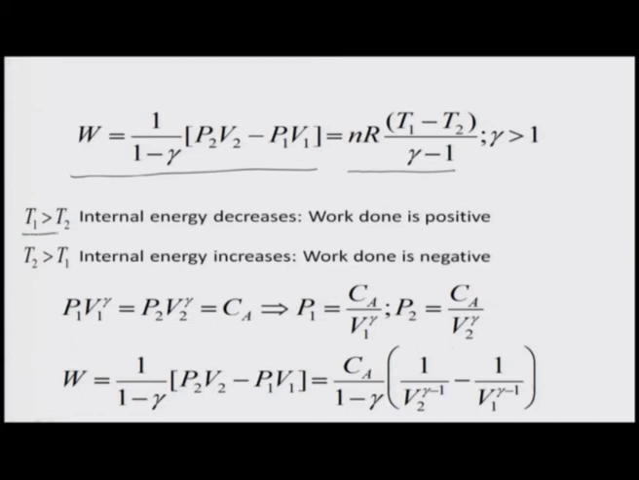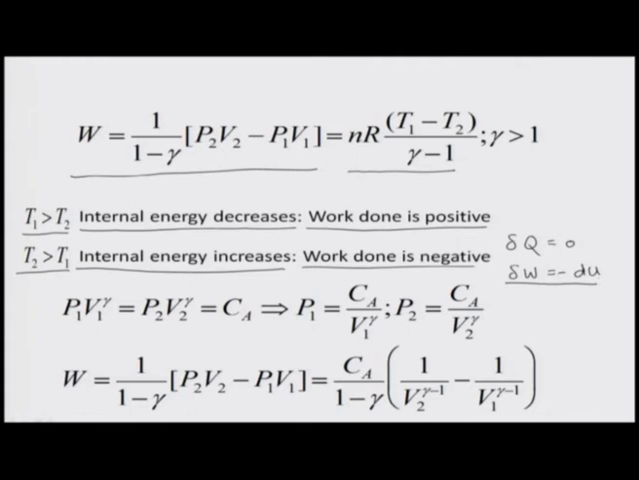If T1 is greater than T2, that means you are going to a lower temperature, and internal energy definitely will decrease, because it is a function of temperature, rather proportional to temperature. Work done is positive. If T2 is greater than T1, which means you are going to a higher temperature, starting from the lower temperature, internal energy will increase and work done is negative. Well, remember here delta Q is 0, which tells me delta W,